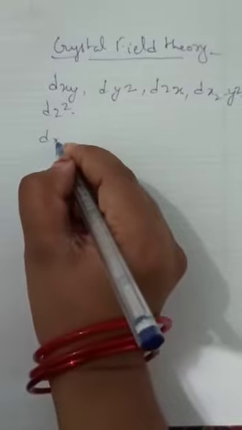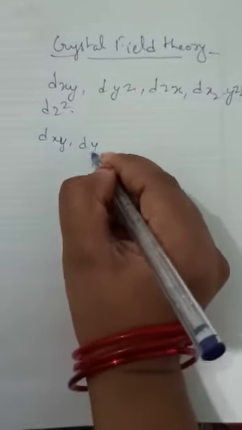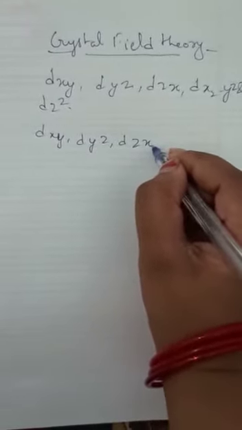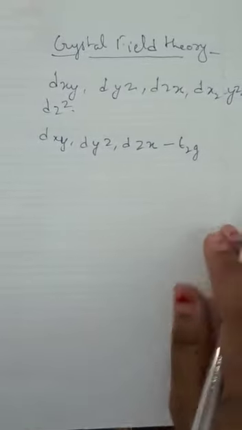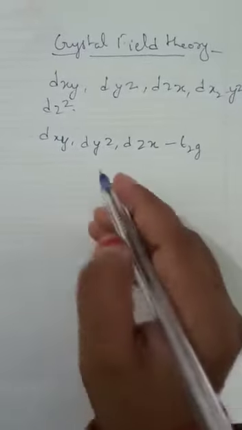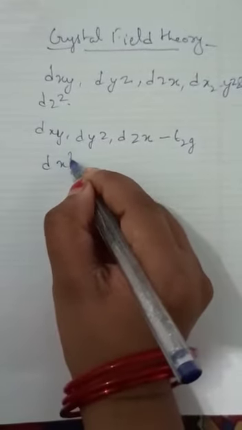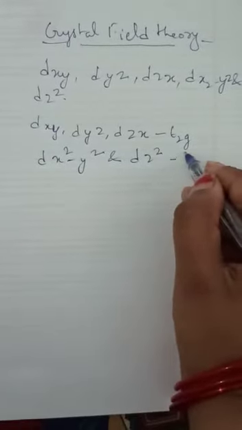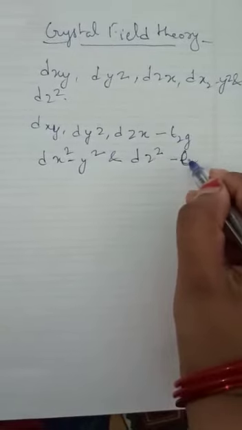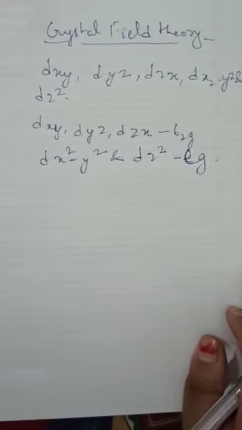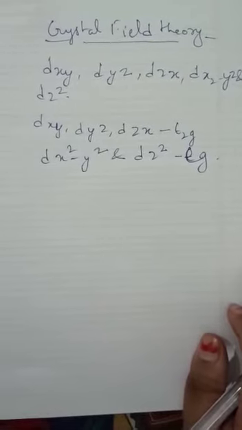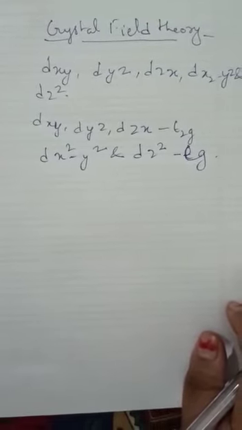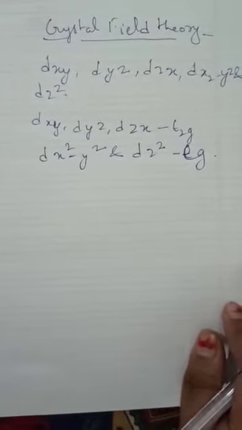These three orbitals, dxy, dyz, and dzx, form the T2g set, which has lower energy, and dx square minus y square and dz square form the higher energy level, that is the Eg set. This splitting of the degenerate levels is due to the presence of the ligands in a definite geometry, and because of this it is known as the crystal field splitting.